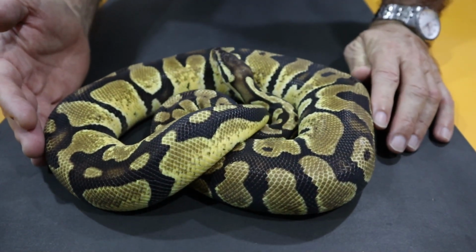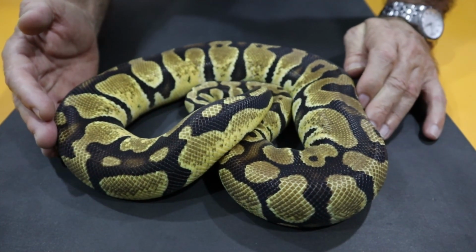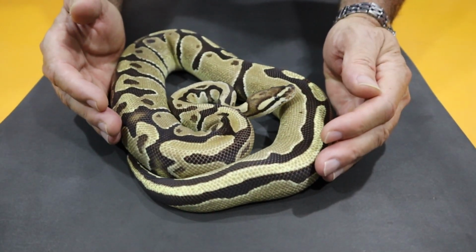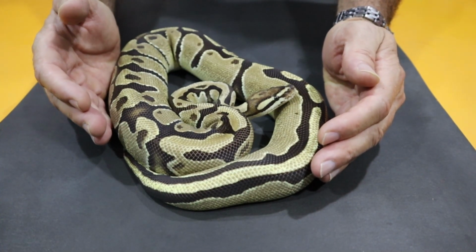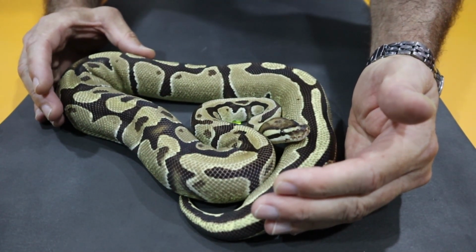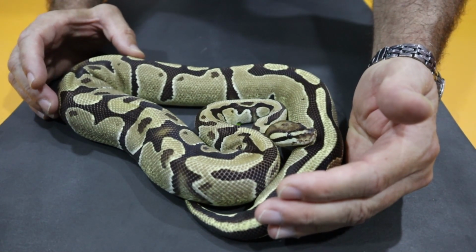So I have 2 females, which doubles my chances of getting the visual recessive lavender, and I have a 3rd female who is not up to size yet, only about 18 months old, just over 1000 grams, so she has a good year to go before she's ready. But this is a fire female 100% het for lavender, and again that would be an interesting combination with that